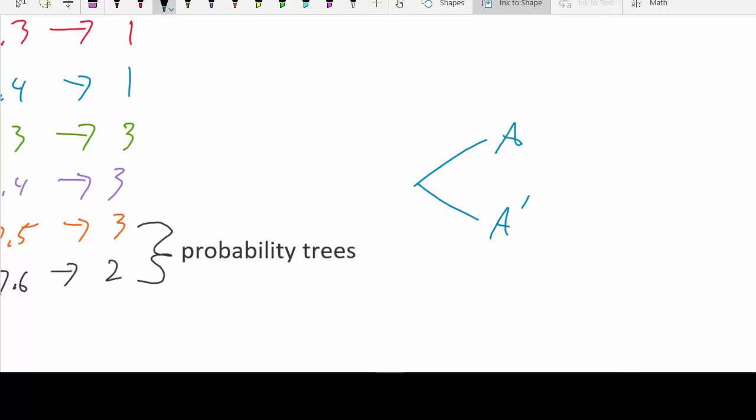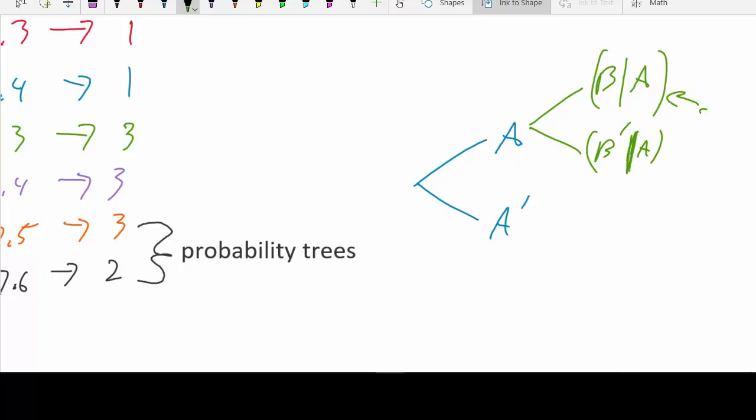And remember, they can have as many branches as we want, like you saw in the homework. But I'm just going to use a 2 branch just to go fast. So A happens, A doesn't happen. Then B either happens given that A occurred, or B doesn't happen given that A occurred, right? So we have the conditional probability idea in here, and we have the probability tree. So we can also answer Bayes theorem type questions using these trees. So, long story short,